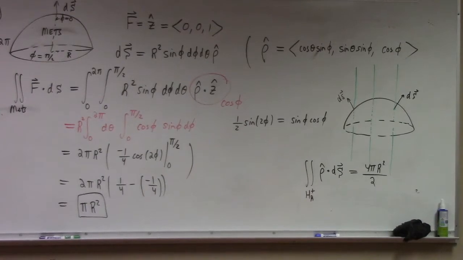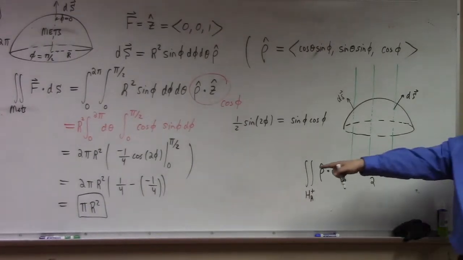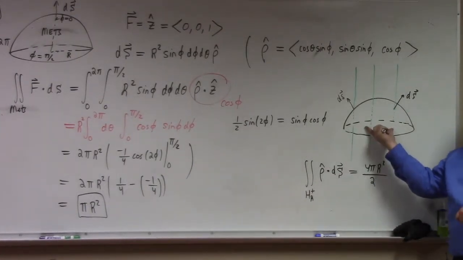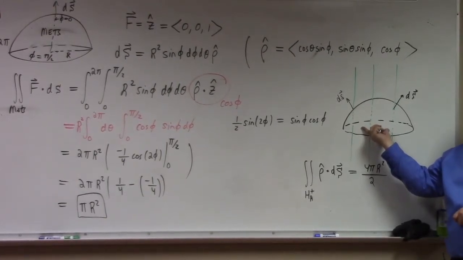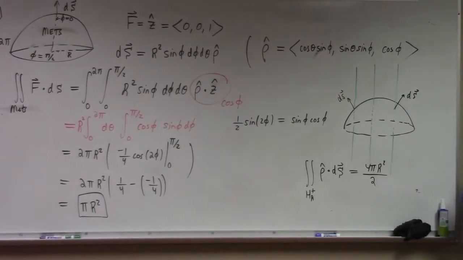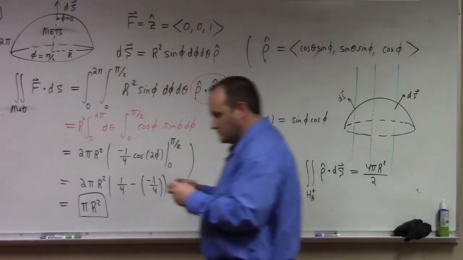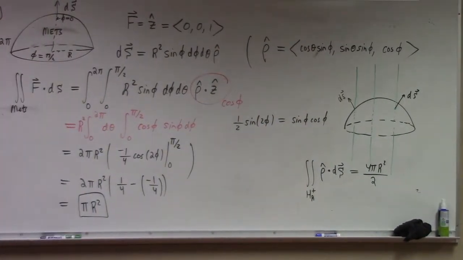But anyway, it's not an accident that we get pi r squared for the answer, because that's the area of the disk, right? And certainly if you look at the flux of the z hat vector field through the disk, that's quite clearly pi r squared times the magnitude of z hat, which is 1. Because z hat does exactly line up with the normal to the disk. So my larger point here, which I was trying to make somewhat clumsily, is that we could